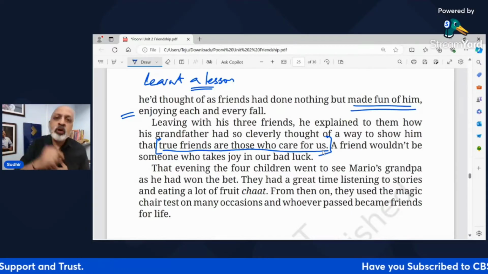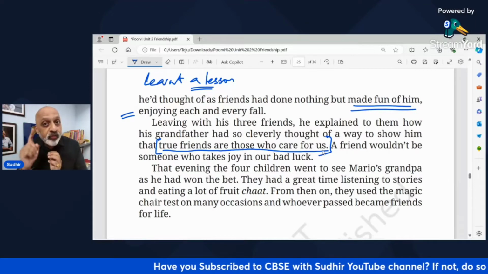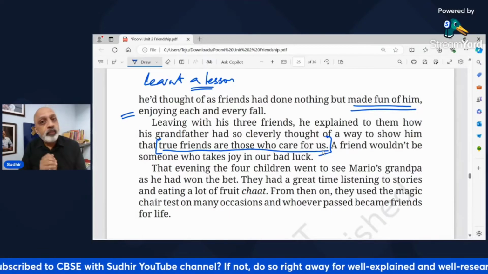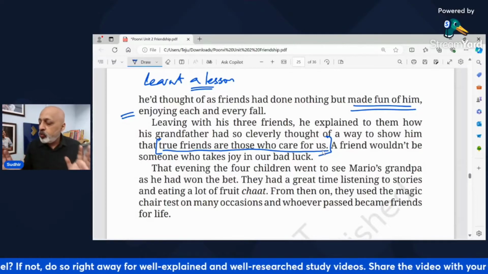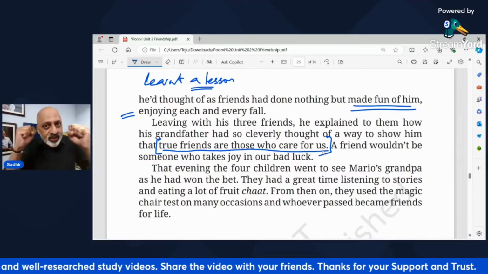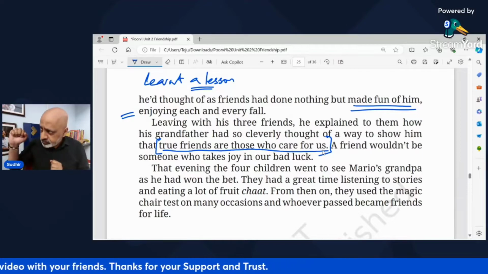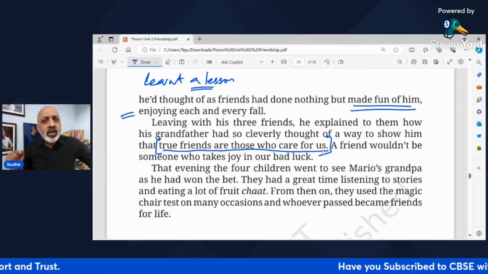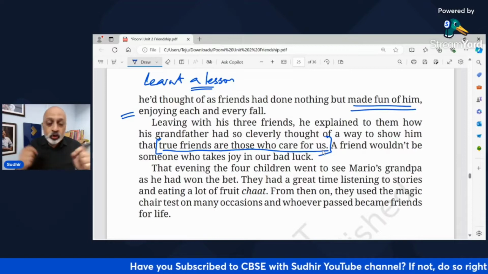So I want each one of you to be that good friend to whoever you are close to. Never make fun when someone is falling down. Never make fun when someone is going through a bad time. Never, if you are in a room and your friend is not in the room, and this is something which I strongly believe in, because I believe this is the test of someone's character, and you can use these kind of points in your answers. You are in a room with someone else, your friend is not there, that someone is criticizing your friend. What would you do? I want to know, what would you do?